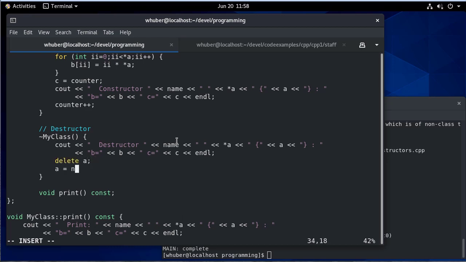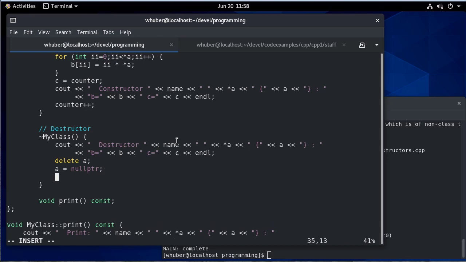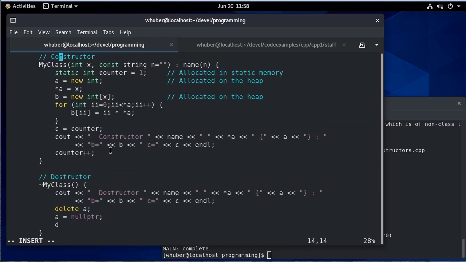And then I'll set A equal to null pointer. Just in case, for whatever reason, there's still a pointer to this object, you won't be able to get to that memory even if you have that pointer. And I also allocated memory, if I look up here, for B. So I'm going to want to delete